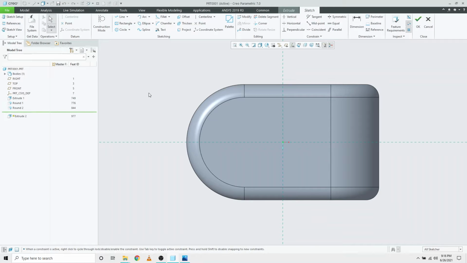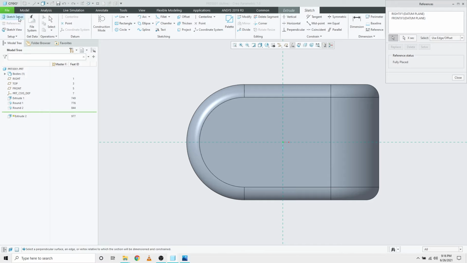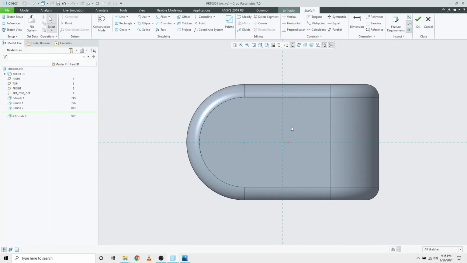For that, what you can do is go to references on the top left side and pick this arc here, so that it will get referenced automatically, and you pick the circle and your snap will be enabled if you are using some other version of Creo which is below Creo 4.0. So the outer diameter was 36.